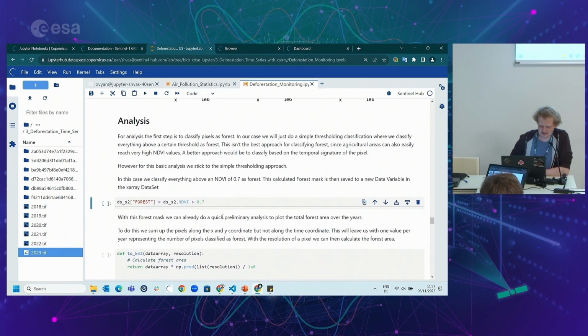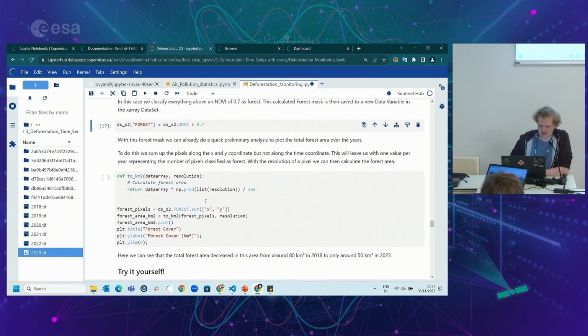So in our case, we define everything greater than 0.7 NDVI as a forest. So in this case, we define a new data variable in our dataset called forest, and we assign to it this mask. So for each time step, we will have a binary mask of 0 and 1, forest and non-forest, based on our classification. So if we run this,